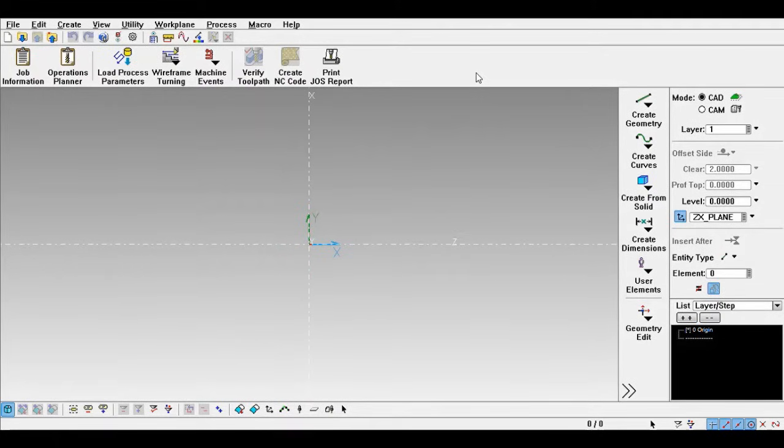Now I am going to show you how a 3D model can be imported and a program can be made from SmartCam. Go to the File option, Open. You see that various file types are available. I select an IGS file. There is one file available, an IGS file. I open this.